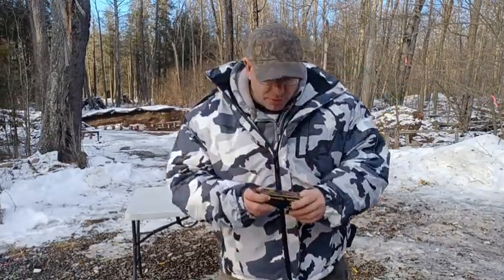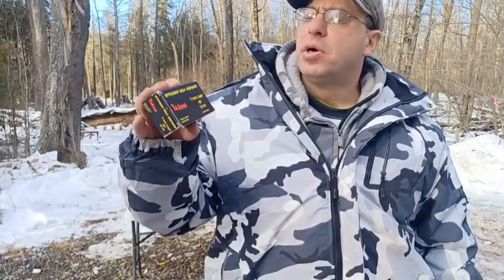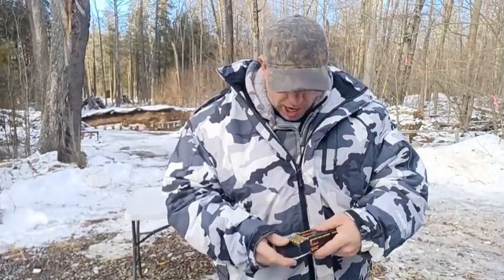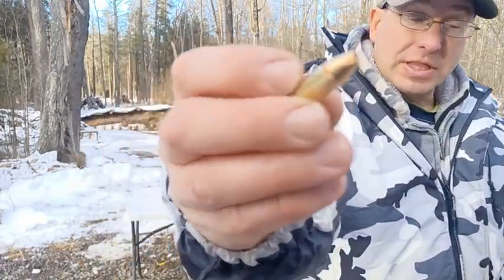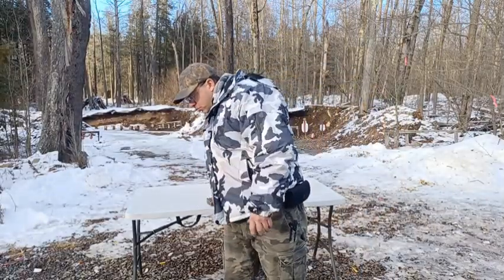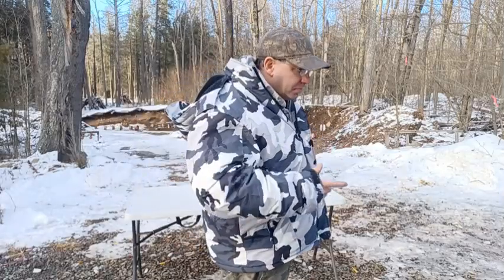Hey everyone, I wanted to give you some afterthoughts on this Tula 9mm 135 grain hollow point. Okay, so we shot it through the water jugs, and we saw that this expands. I think it went through at least 4 water jugs, which is obviously going to be thicker than a man. Okay,